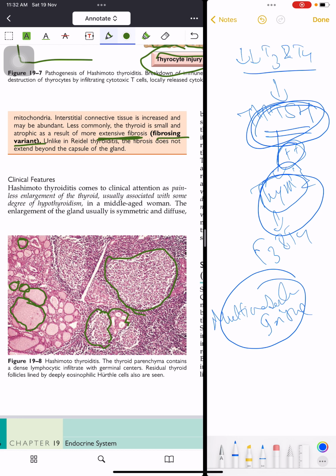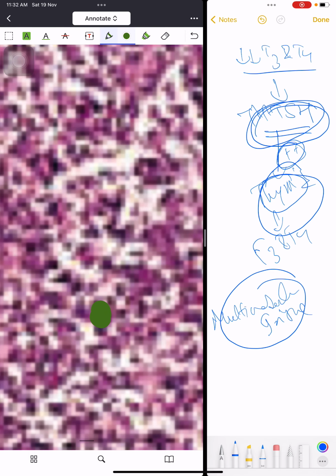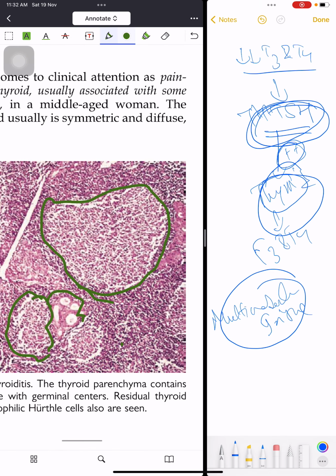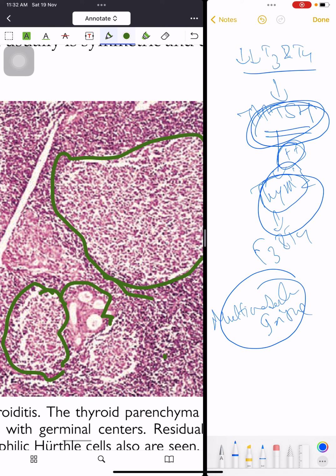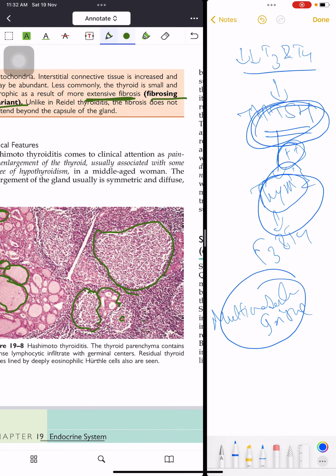There is the presence of germinal centers, and look at these cells which are highly eosinophilic. So these highly eosinophilic cells are known as Hürthle cells. Okay, that's it